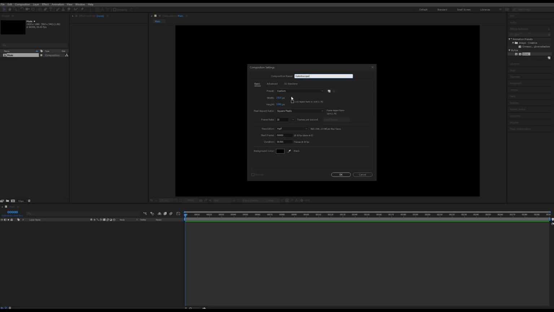And for the width and height, we're actually going to make a perfectly square composition. I think it will be easier to deal with our kaleidoscope in this way. Depending on how much you would like to zoom in and out, you should scale this up quite a bit. So I'm going to use 2K. You might consider using a 4K composition. So let's do 2048, standard 2K by 2048.